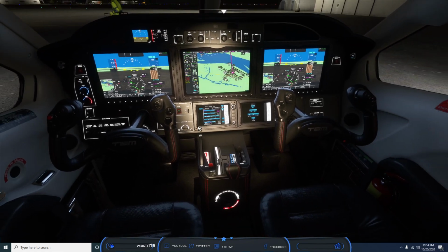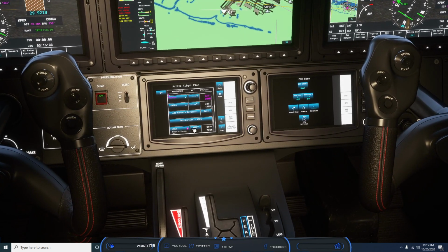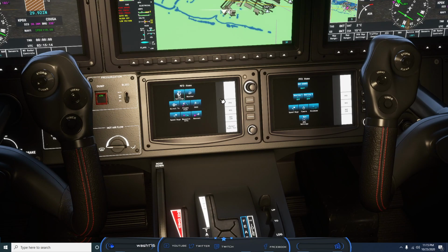Scroll down there. I think that was our last one before we joined the Hawk 7. So now what we need to do is let the Garmin know. Here's the basic flight plan. We'll go home, we'll go procedures. We'll look at our departure. It's a direct, so